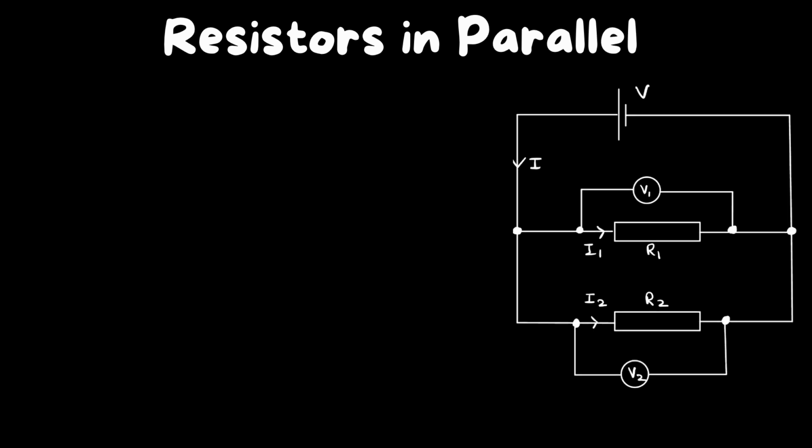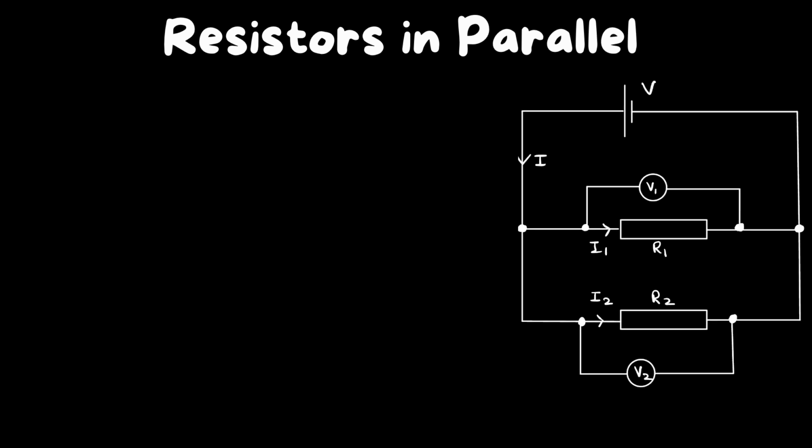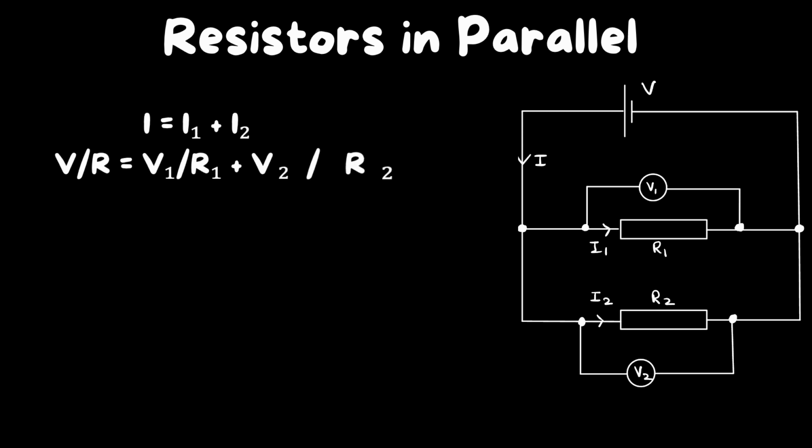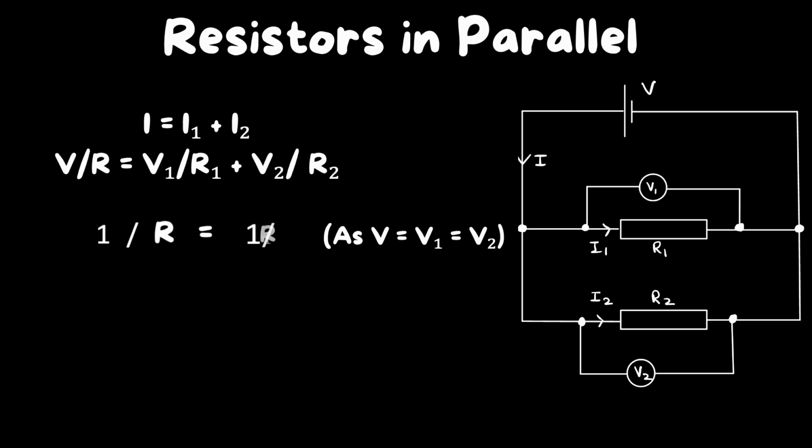Let's quickly chat about resistors in parallel. Let's say you have this diagram here where there are two resistors, R1 and R2, in parallel, and current I is going in, and there are 2 voltmeters V1 and V2. First of all, the current is added up together, so I equals I1 plus I2. So V over R equals V1 over R1 plus V2 over R2. And we know from GCSEs that in parallel circuits, voltage remains the same. So V equals V1 equals V2, so they can cancel out, giving you 1 over R equals 1 over R1